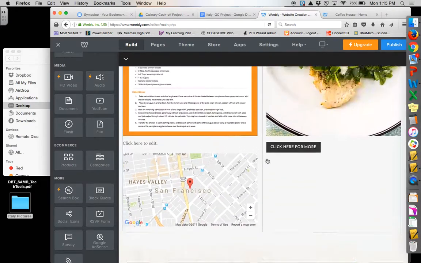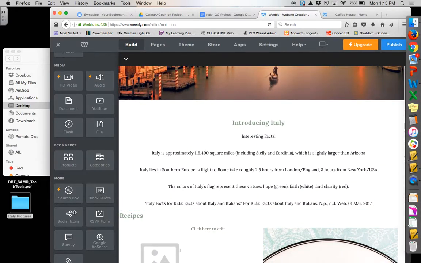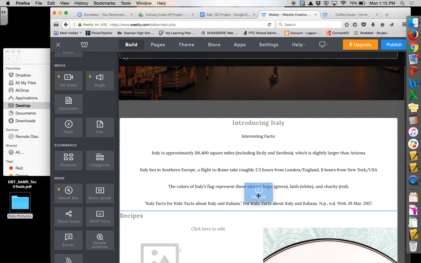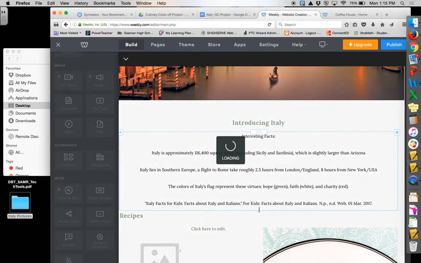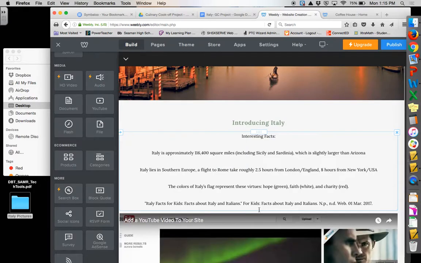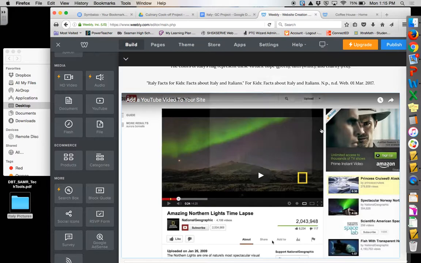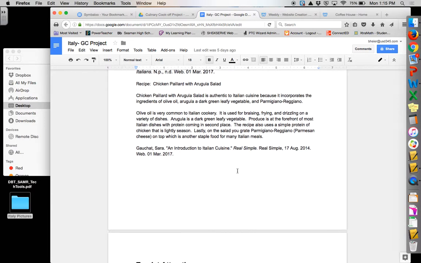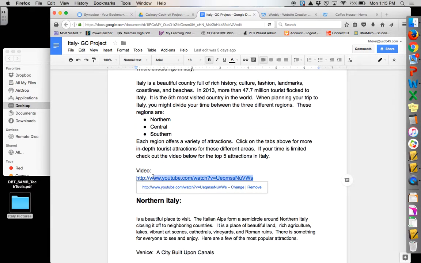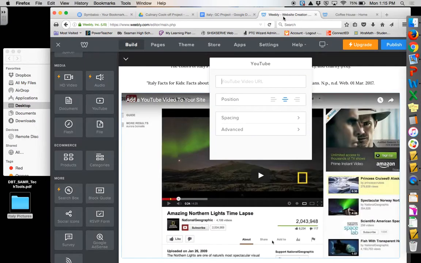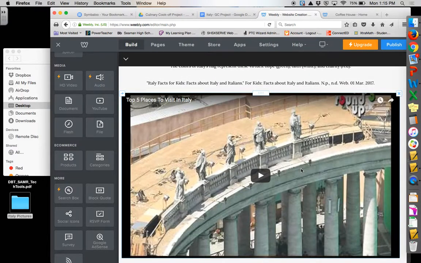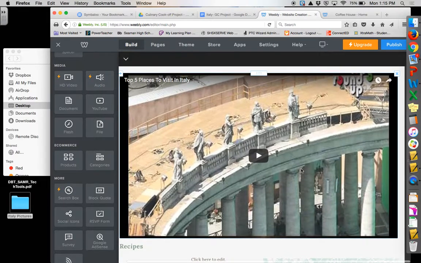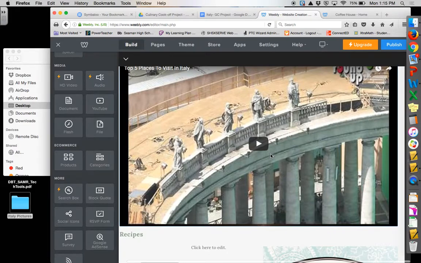The YouTube video is also a neat feature that you might want to do. So let's say I wanted to take the YouTube and I can just paste it right here. This is actually going to embed the YouTube video there. It's going to put a generic YouTube video in there at first. But if I click on it, then it will ask me for my YouTube URL. So let's say I have a video URL, and now I'm going to paste it in there, and I'm going to click off of it, and notice that it brings up that one, and it probably would be more appropriate for this one to go into my tourist attractions. But now you know definitely how to insert a YouTube video as far as built